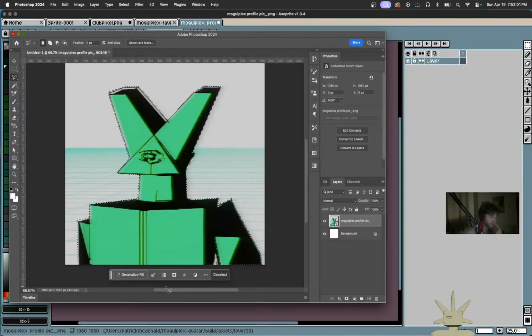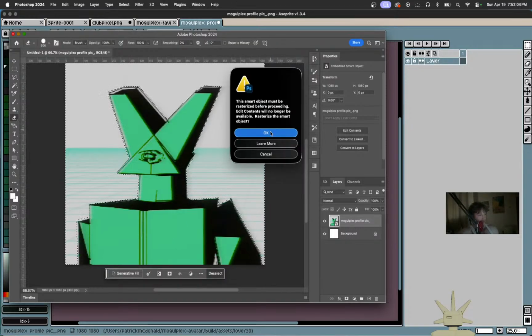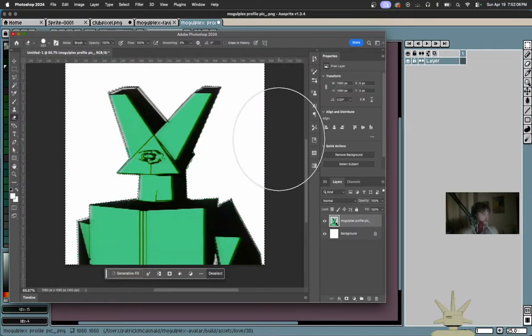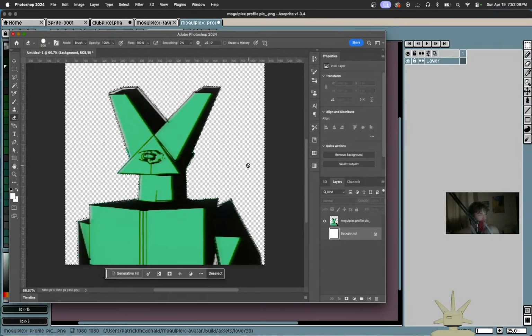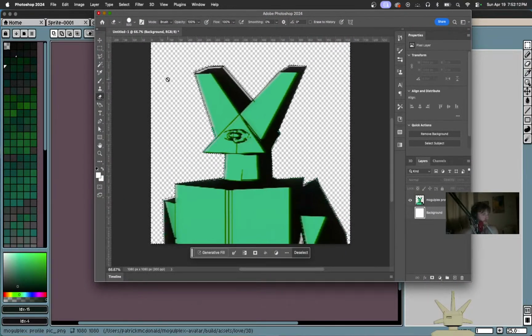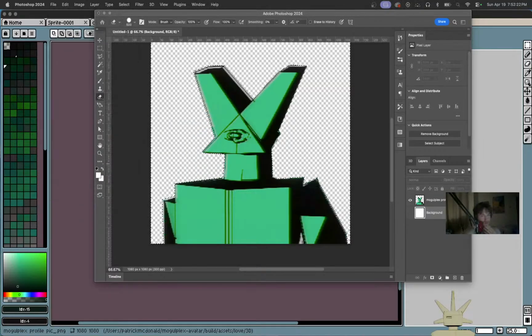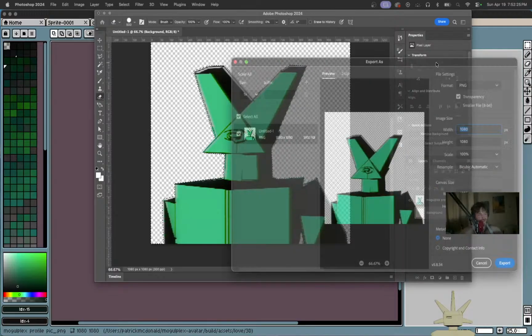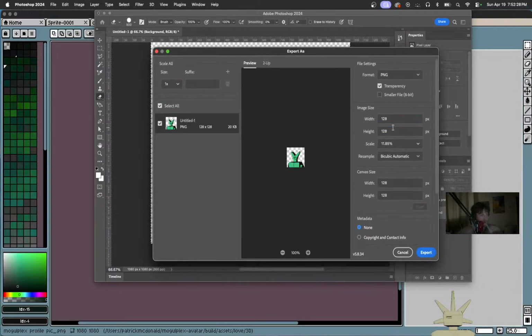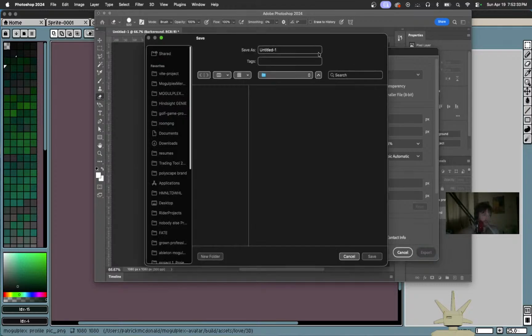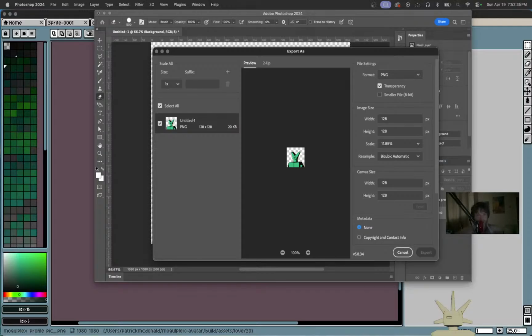So here we go. Let's flip this. Erase everything else. Make this transparent. Get rid of this. And then we're going to do... wait a second. I might have cooked myself. I want to make the canvas 128 by 128. Okay. Maybe we can do it right here. Yeah, here we go. Okay, so this is good. Let's do this. Export as. Wow, it's crazy. It's saying me there. Mogulplex